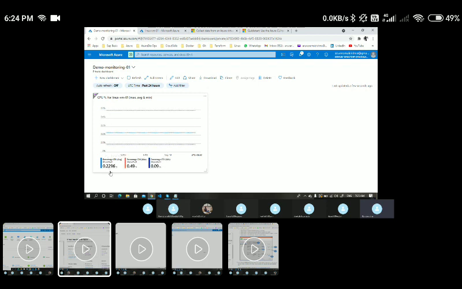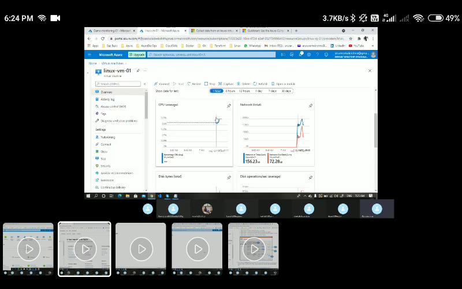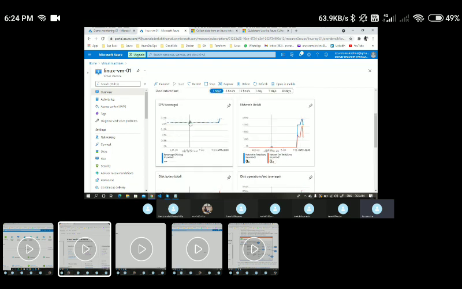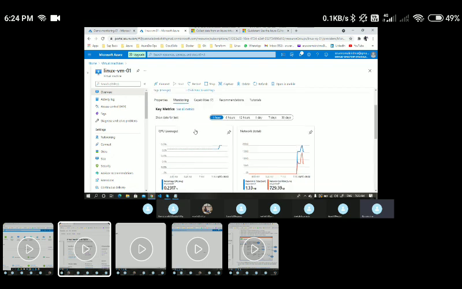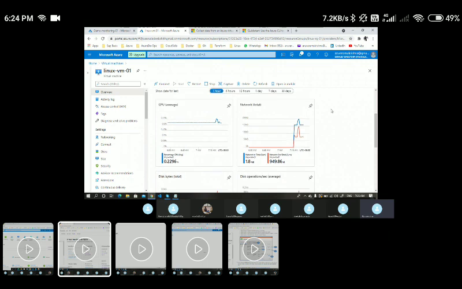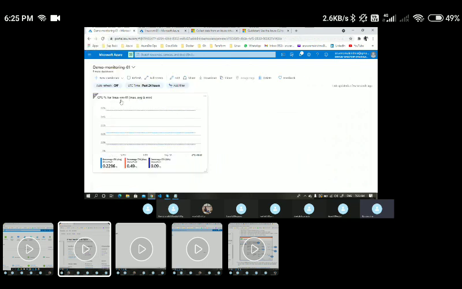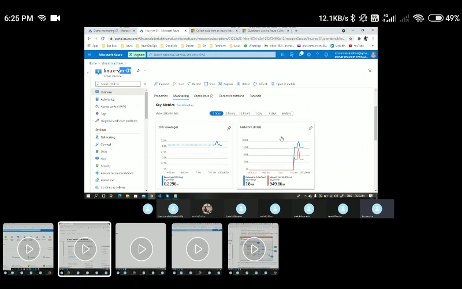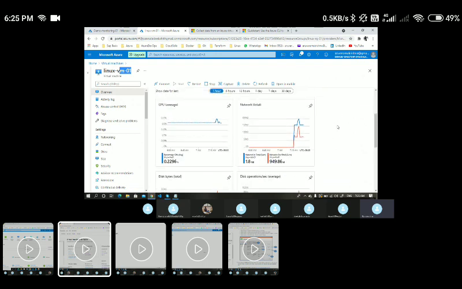Similarly, I'll go back to my VM. These are the same tiles, right? I don't want to capture each and every one by going to Azure Monitor. From here also, these metrics I wanted to monitor from the dashboard itself, so I will simply pin them to the dashboard. The first one I showed you was how I can take these metrics directly using Azure Monitor. On a VM blade itself, we have some default monitoring tabs. Let's quickly see how we can pin them there and monitor.